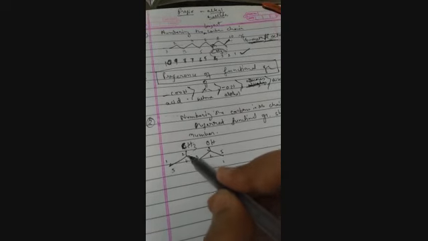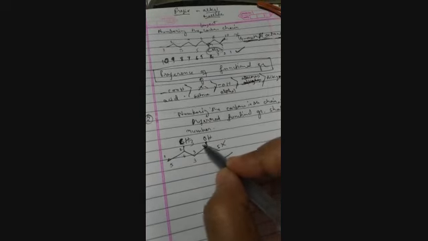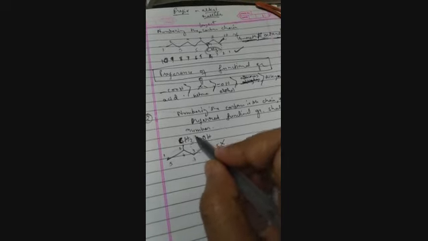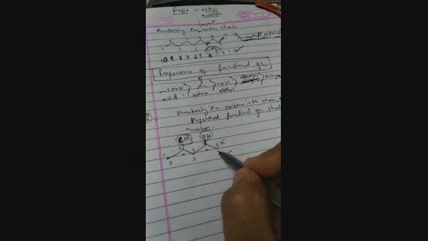Here the functional group OH is given more preference, so it should get the smallest number. Therefore the numbering 1, 2, 3, 4, 5 will be considered, because by this numbering the OH group is getting the smaller number than the methyl group. So here it will be numbered this way, 1, 2, 3, 4, 5.